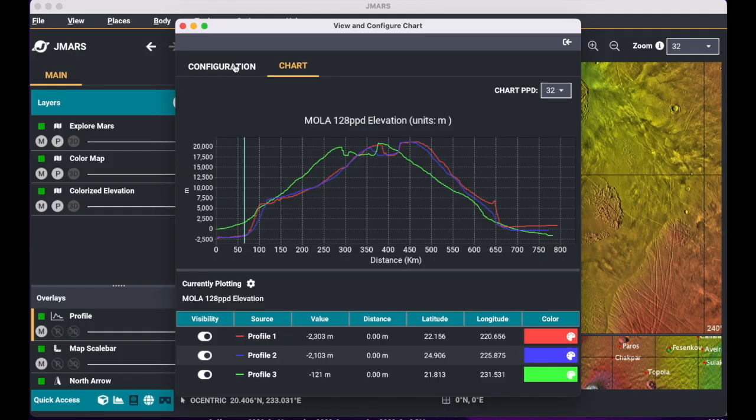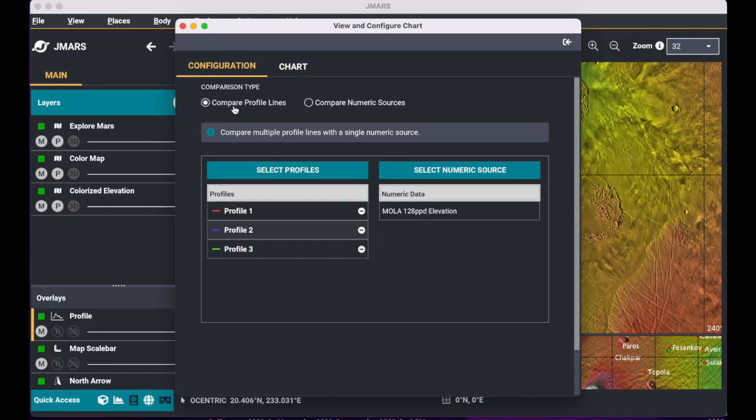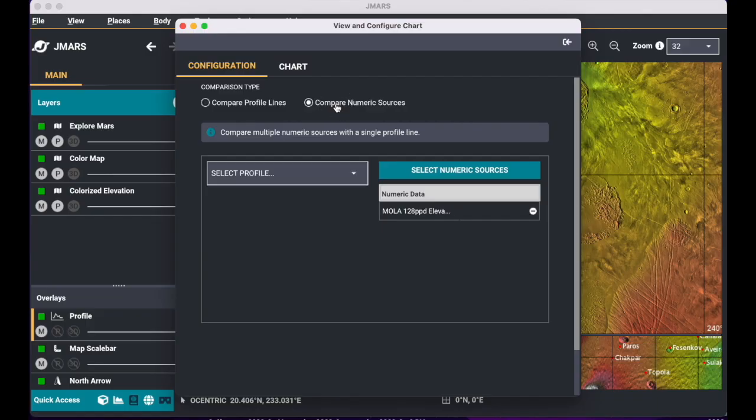So let's go back to configuration, and you'll see right now that we have compare profile lines up, and we have all 3 profile lines. This means you can see all the profile lines you've drawn compared to one another. Your other option is to go to compare numeric sources. So when you do this, you can only do one profile line, and you can select one to more than one numeric data set. So we're going to say click,